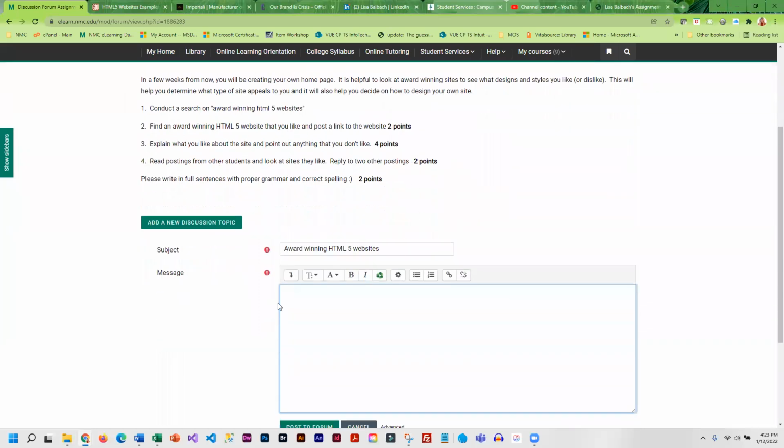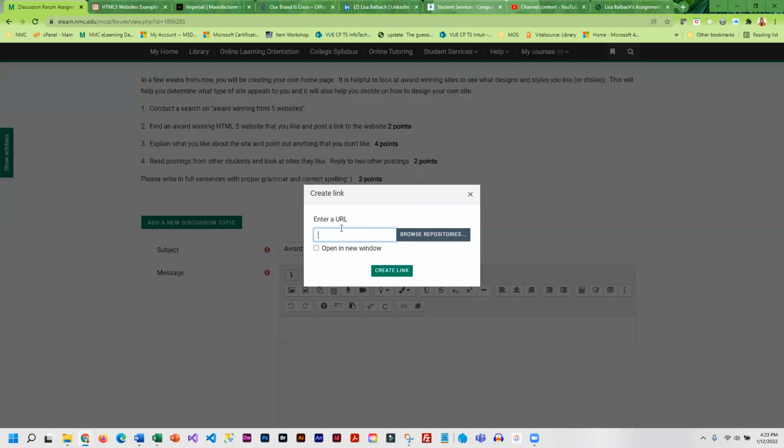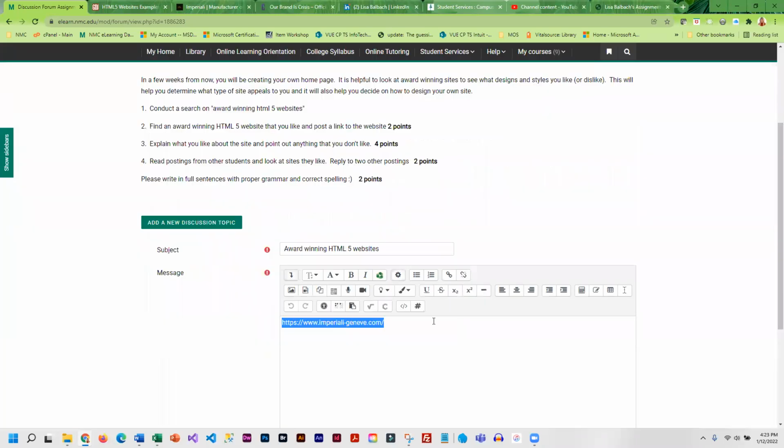And then you need to paste a link in here. So if I click on this and I do the little link, I can actually press Control and V, as in Victor. And I'll open it in a new window and click on Create Link. That way you guys can see it. Okay, and then